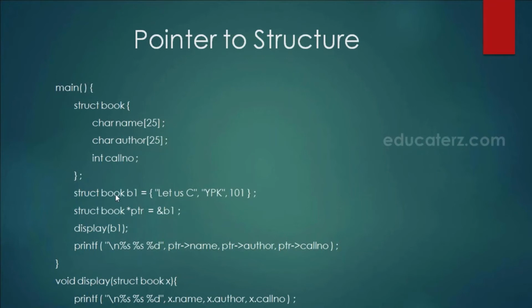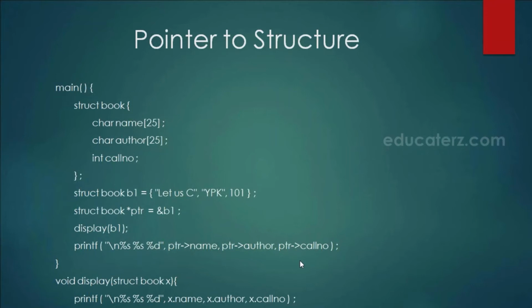that structure variable. Then here if you check out this printf statement, we are displaying all the values using %s because it is a character array, and then we have ptr arrow name. So this is the arrow operator which can be used to access the members of the structure using a pointer. So we are using the arrow operator to fetch all the elements.